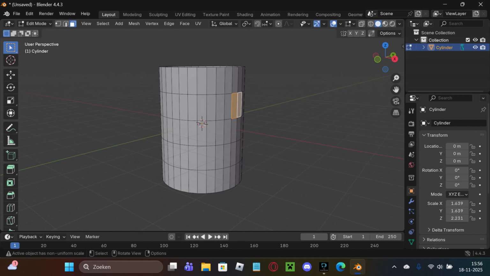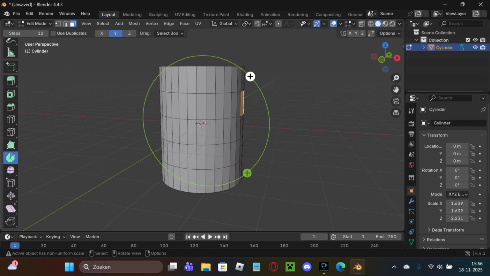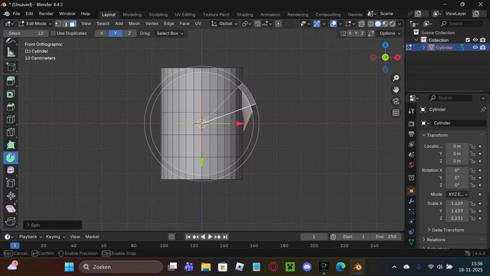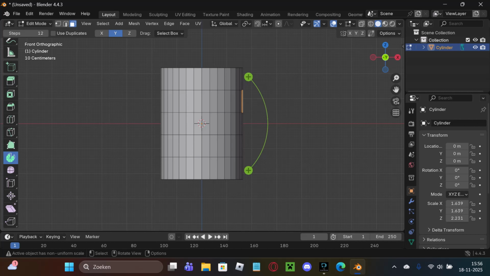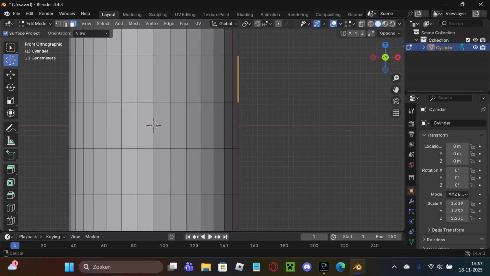Now I have this. Now we are going to use the spin tool. Make sure you have the right axis selected, so in my case it is this. Before we do this, now it's not gonna work, as you can see. But it's going to rotate around this point. So what we want to do is get the cursor and set it to where you want to rotate it around. You can just zoom in,